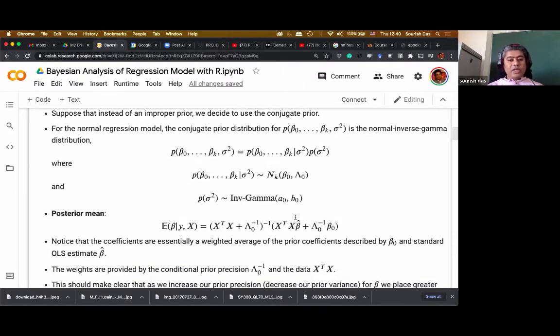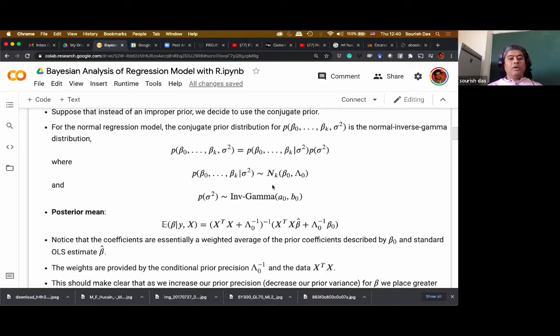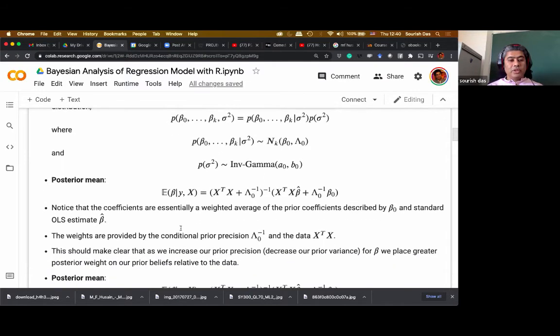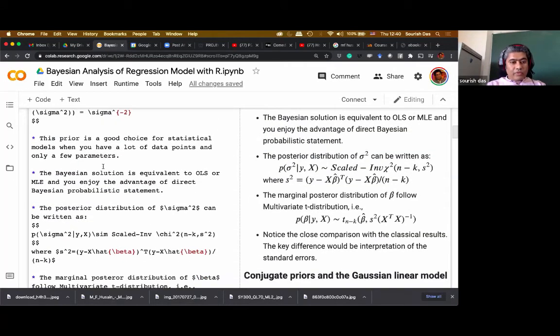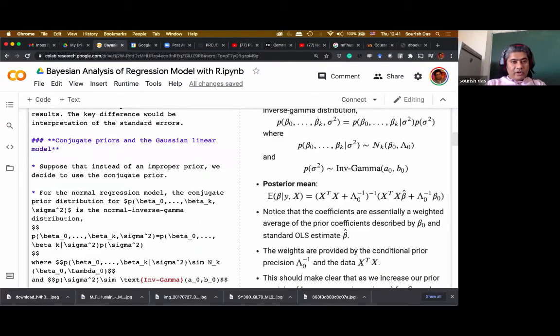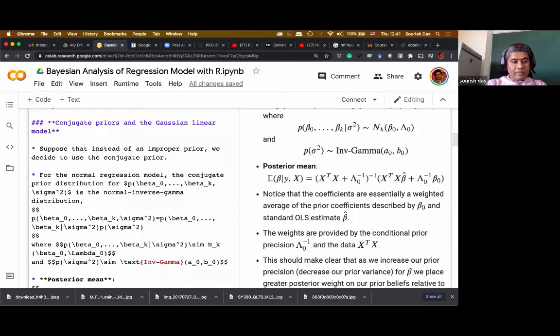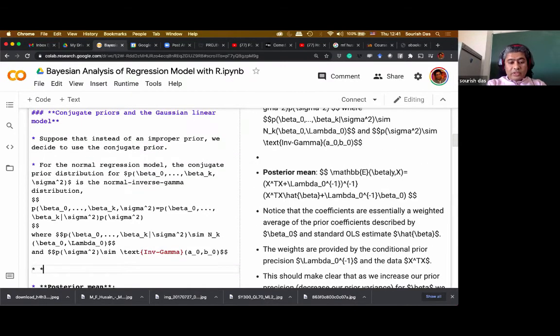Now, posterior mean turns out to be expected value. So if this is the thing, then posterior distribution will be again, before doing the posterior distribution, so basically, if that is my conjugate prior, my posterior mean, posterior distribution.